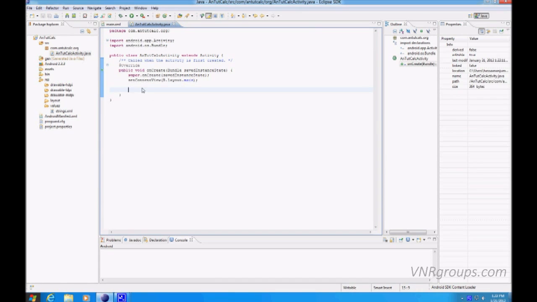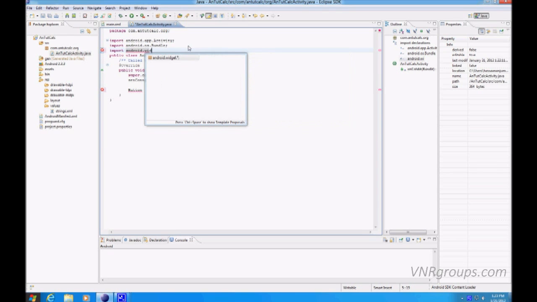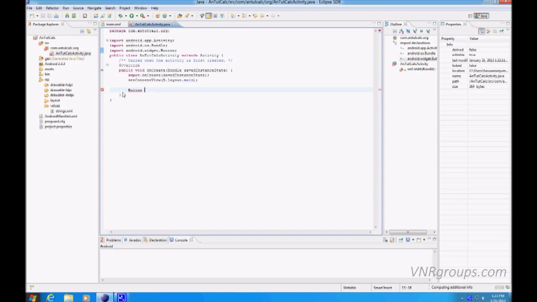Alright, now we will write button. Now you can see that it has highlighted the button red. That's because it does not know what the button actually is. So we can import the code for the button, or actually the library for the button. That is import android.widget.Button. So now it knows what button is, but still it's not going to show because we have not specified the complete